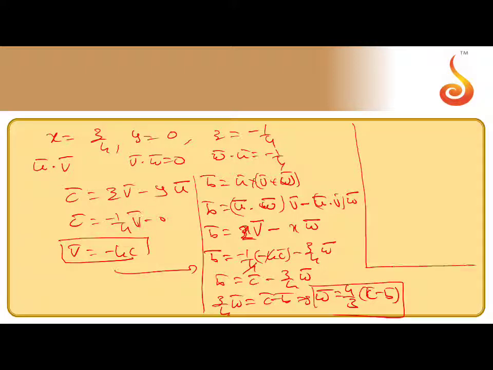So next what you want? You want only u bar is left out. But they are given a bar equal to u bar plus v bar plus w bar. So that u bar equal to a bar minus v bar minus w bar. A bar, v bar is minus 4c, minus minus plus 4c bar, w bar is 4 by 3 c bar minus b bar.